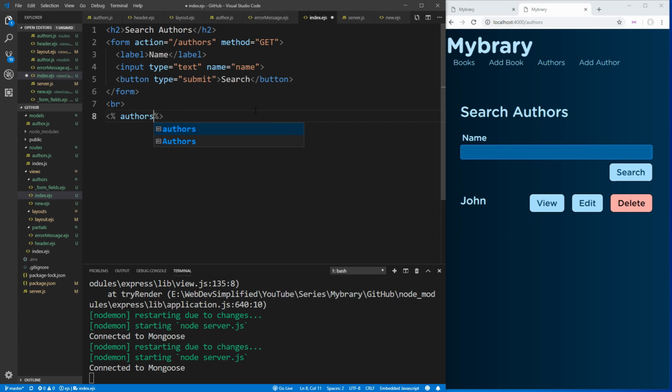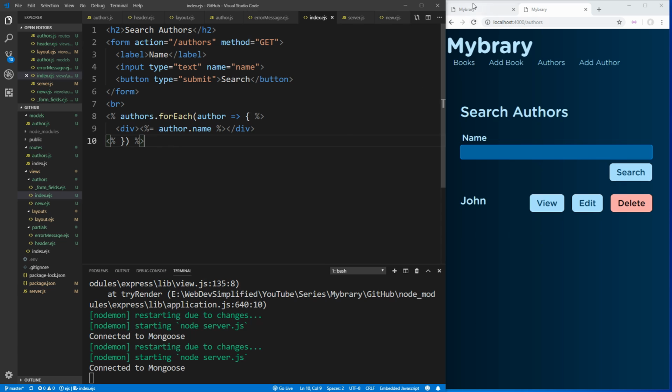from our page. So we're going to use these percent symbols and less-thans in order to run code on the server. We're going to get that authors variable, and we're going to say for each author that we have, we want to run the code inside of this function here. And we just want to output some HTML to the page. In our case, we just want to output the author's name. We're going to do that inside of a div, and we're going to output here author.name. We want to close off that div, and we need to make sure that we close off this forEach loop here as well by just closing it off. Whoops, wrong order. There we go. We closed off the actual function and the method call,